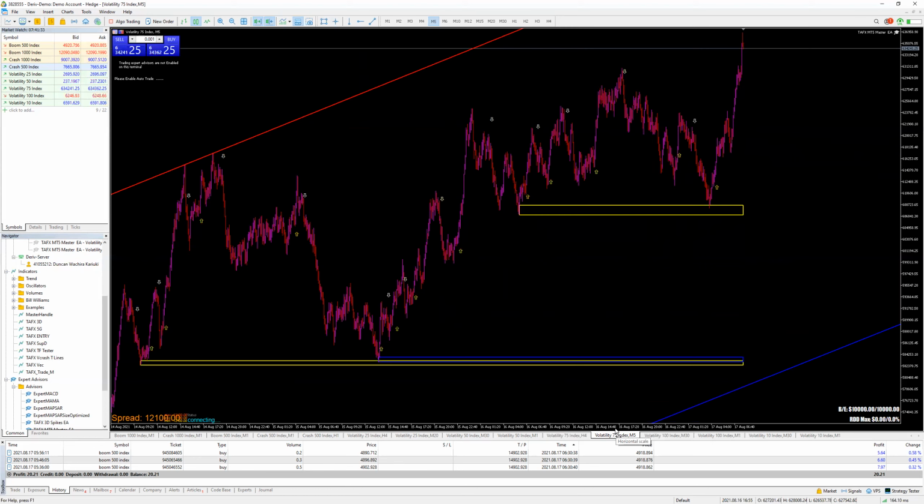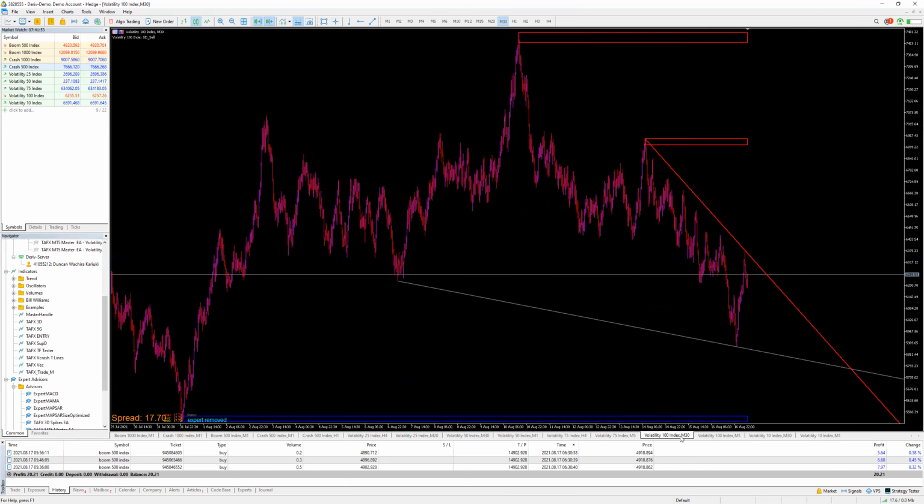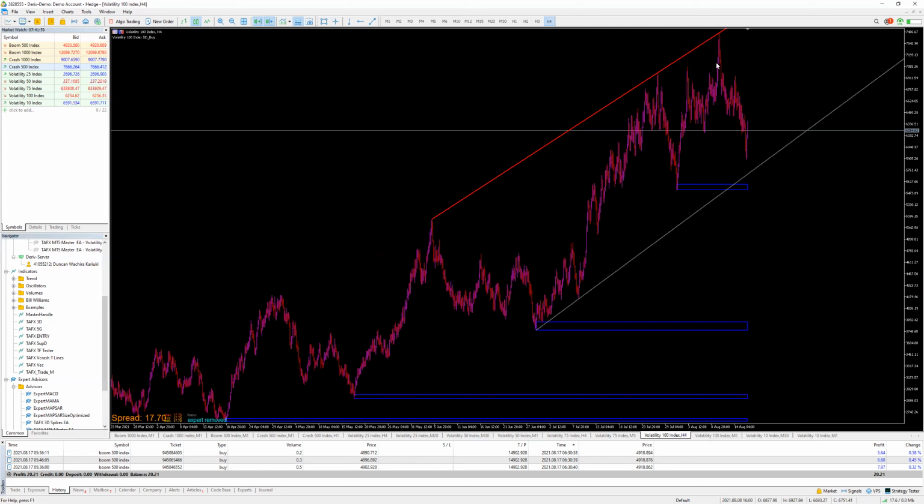Let's say, for instance, we want to trade the Volatility 100. I just want you to understand what I'm saying. Now we want to trade the Volatility 100, but I want to trade it in minute 30, and I want to pick signal from H4. Now, after getting here, I can see that I want to trade this zone. I want to trade these zones. And as long as the settings are good with those zones, then I'm good to go